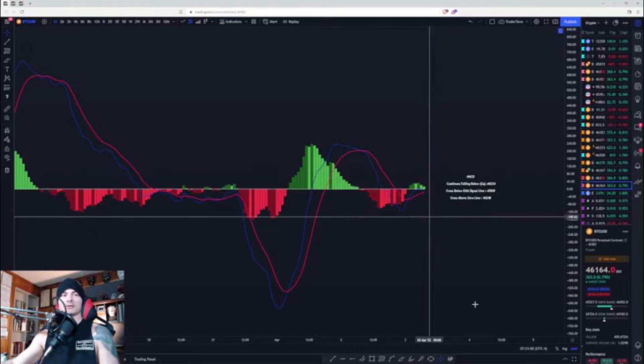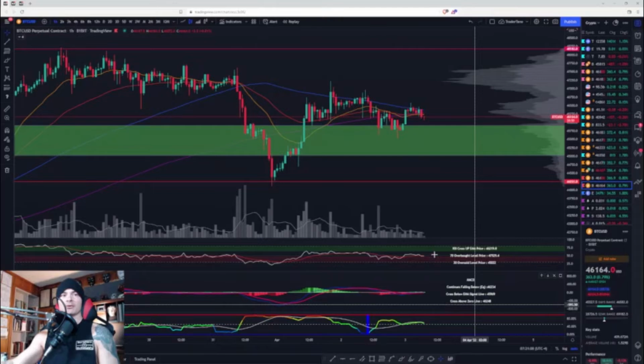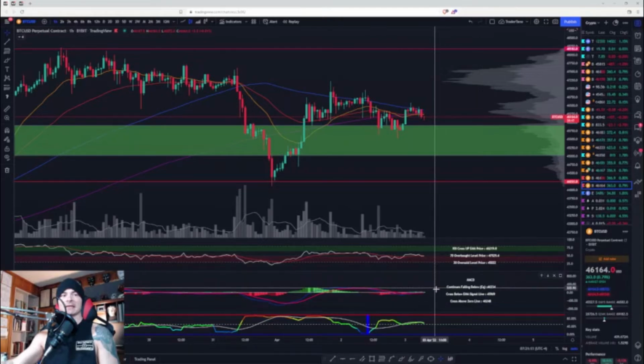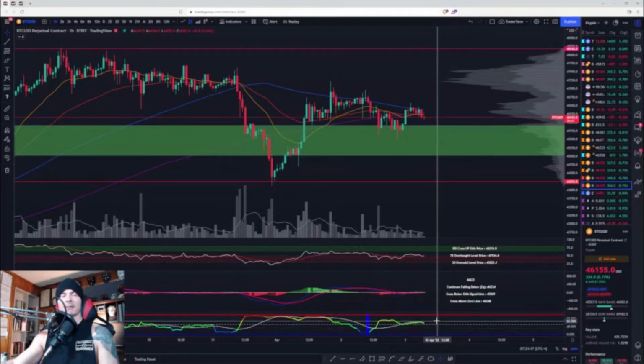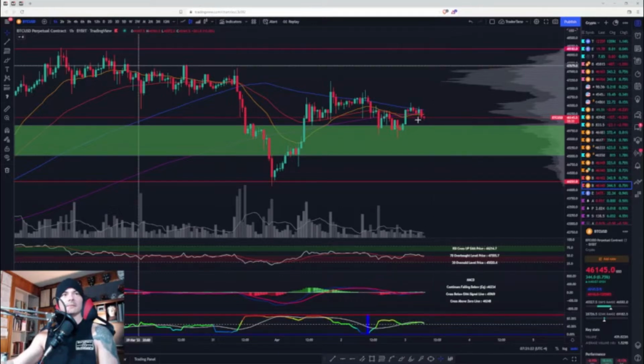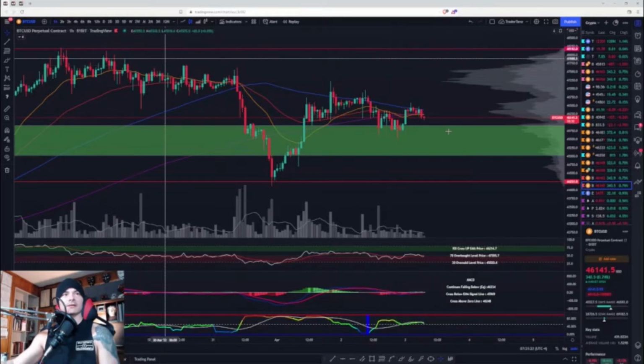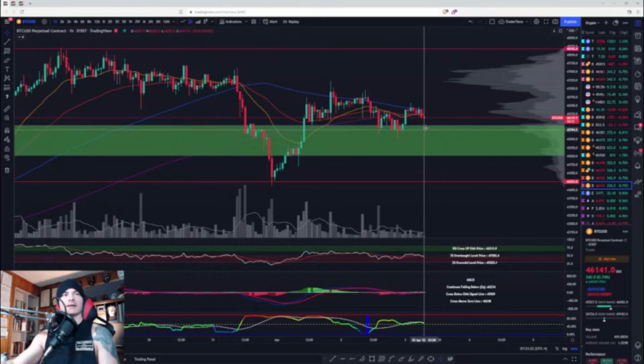That would be bullish. So right now I'm neutral on the RSI and the MACD. We're going to find out what happens pretty soon. Volatility's in the upper zone. I mean, we got a little bit of volatility, not much. Let's move on. We're going to talk about invalidation.